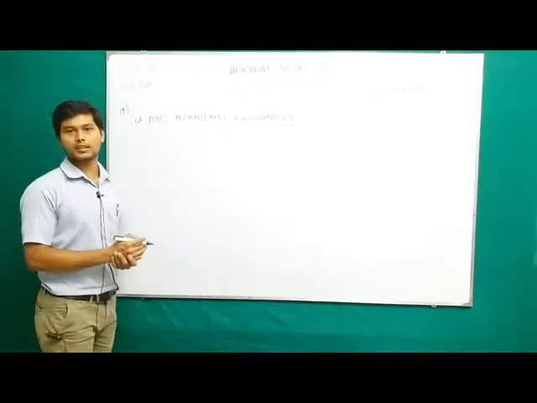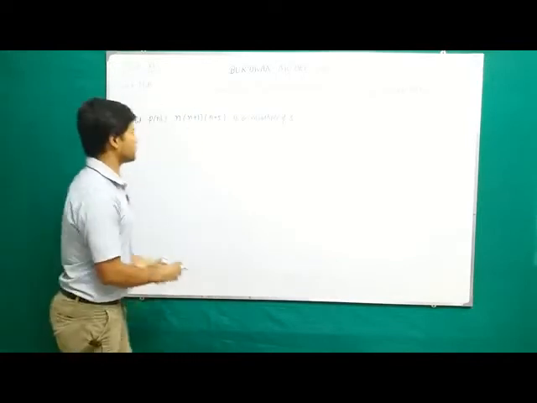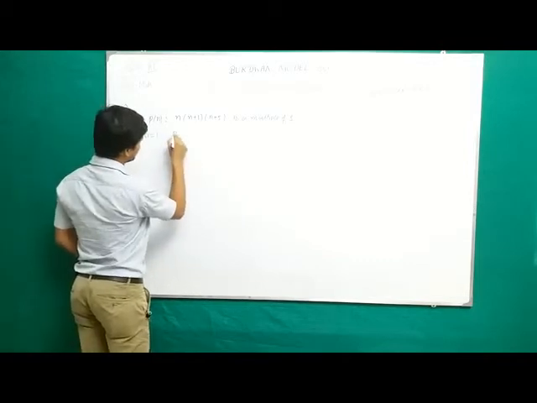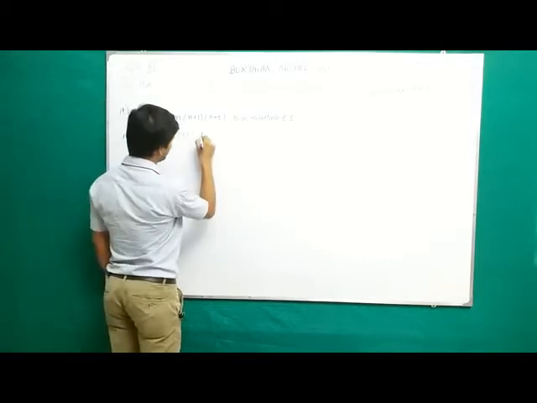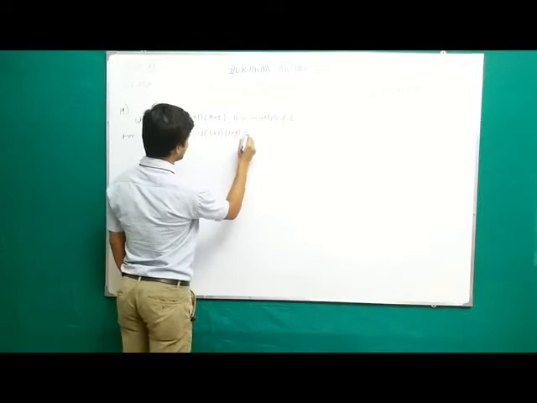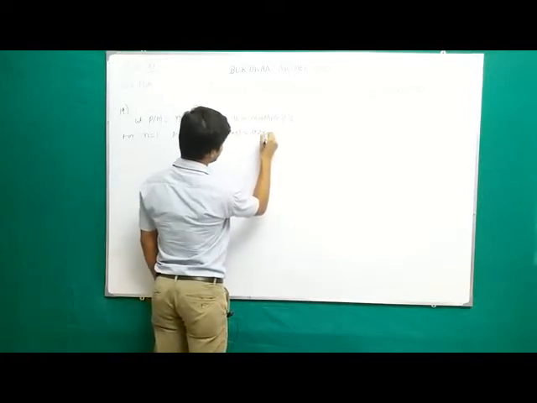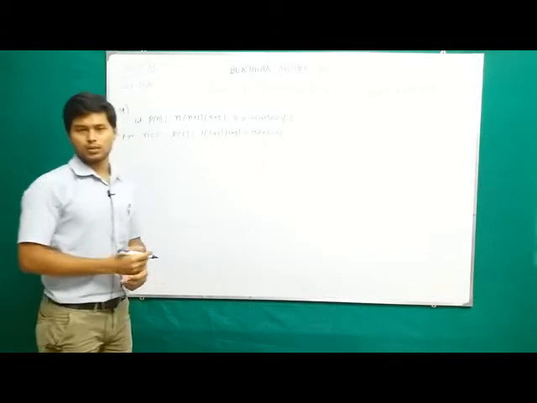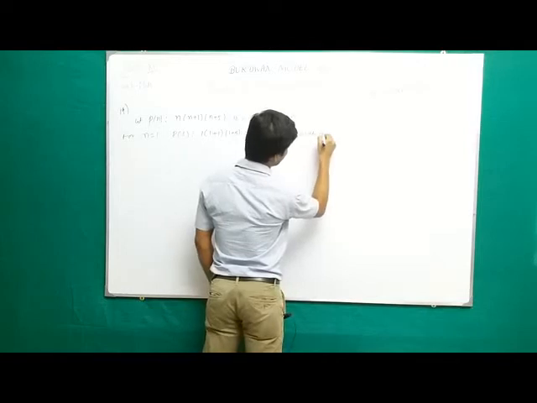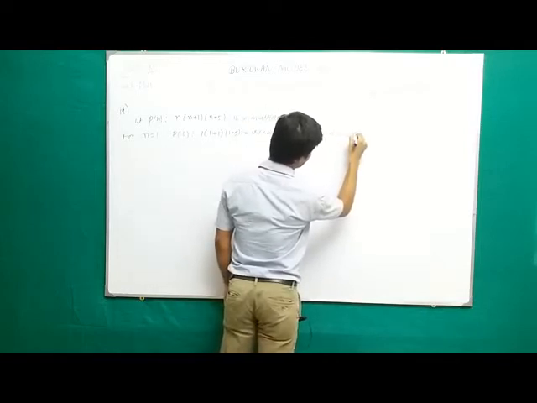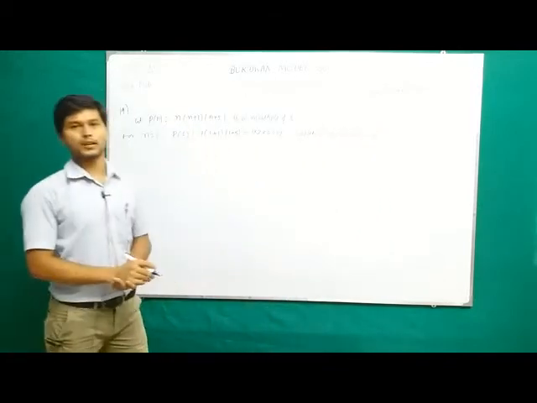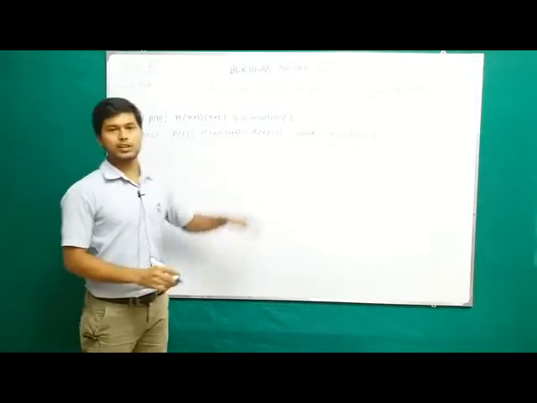Now we'll check whether the statement is true for n equal to 1 or not. So for n equal to 1, we have p of 1, such that 1 into 1 plus 1 into 1 plus 5, which is equal to 1 into 2 into 6, that is 12. And we know that 12 is obviously a multiple of 3. That means the given statement is true for n equal to 1.